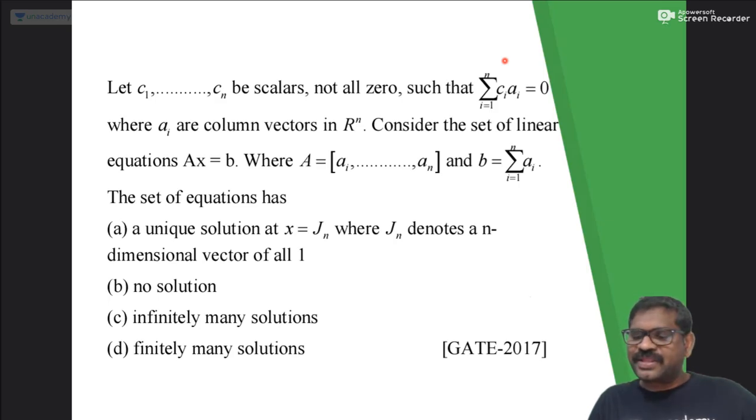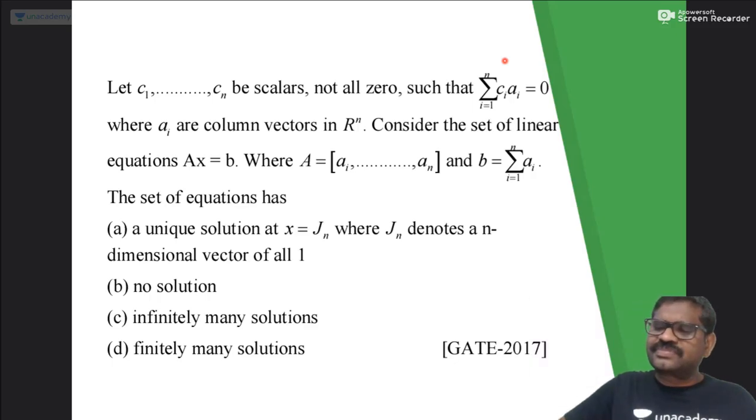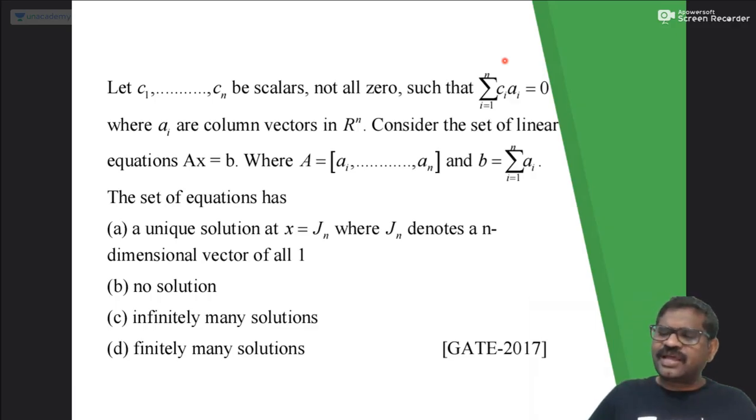Let C1, C2, Cn be scalars, not all 0. Mr. Aniket Sharma, in the last problem, whether it is n cross n or n cross n plus 1, doesn't matter. The rank of A, suppose 10, the rank of AB should be 10. When is it possible? If B is depending on A, then the rank of A and the rank of AB would be equal. Otherwise,